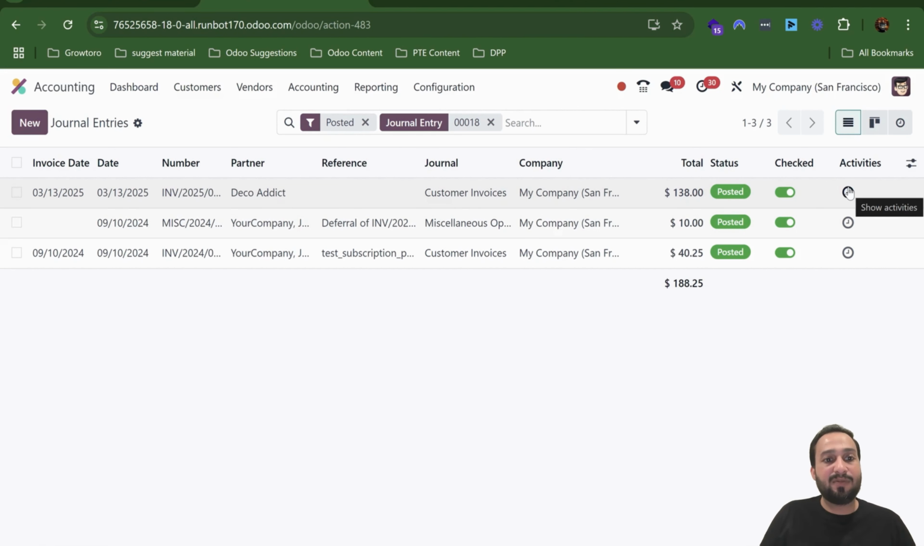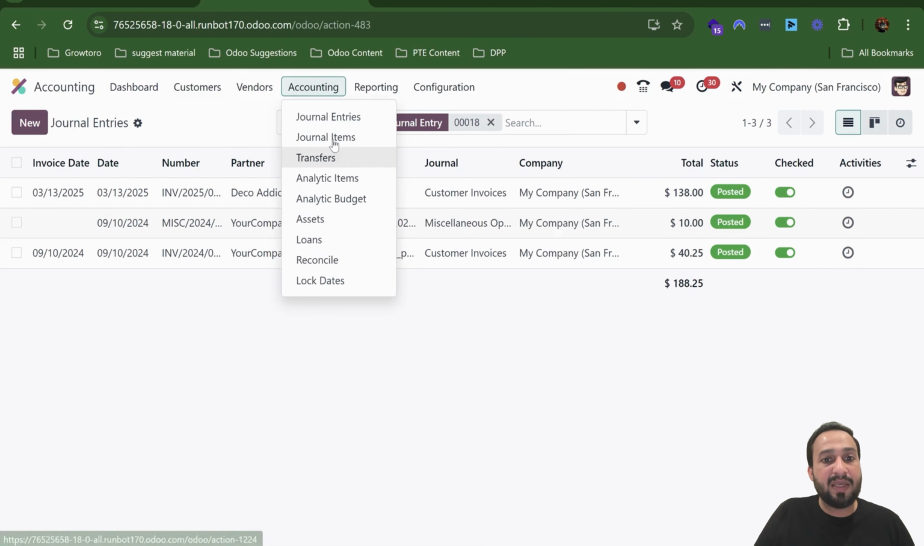What is the journal item? So this is basically journal entries in which we are getting information about what journal our information was recorded in. So this was recorded into the customer invoices. Now let's look into the journal items against this invoice, and we'll see what is the difference between journal entries and journal items. So I will click on Accounting and I will click on Journal Items,